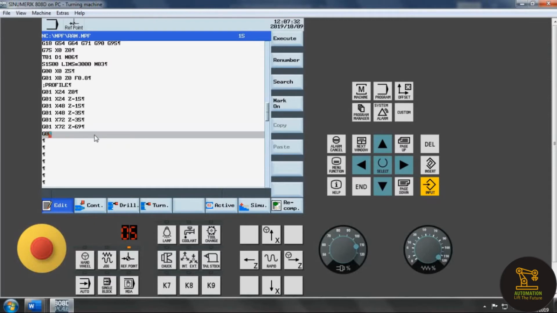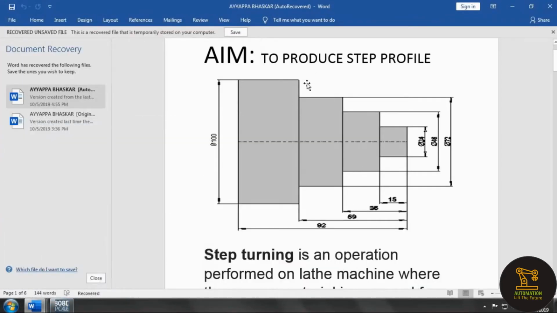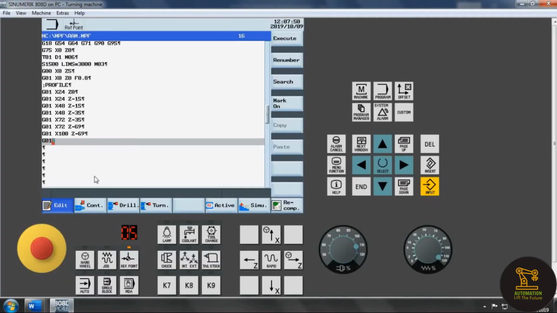So G01 X is 100 and Z is minus 69, and the next point is this one, the ending point. So the Z is minus 92 and the X is the same diameter, so G01 X100 and Z is minus 92.